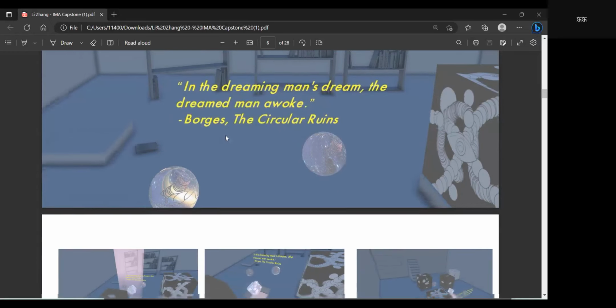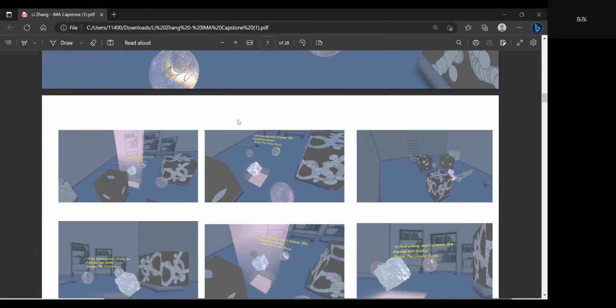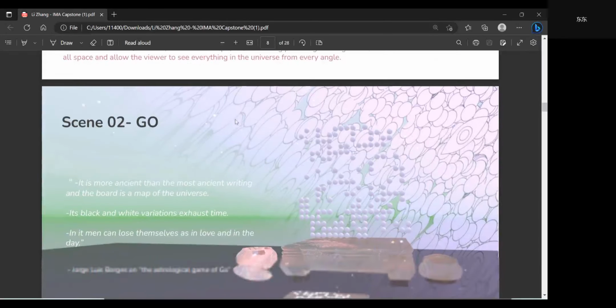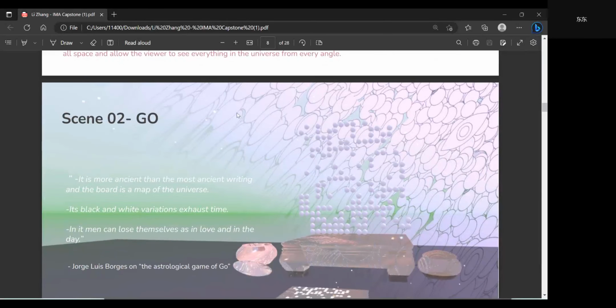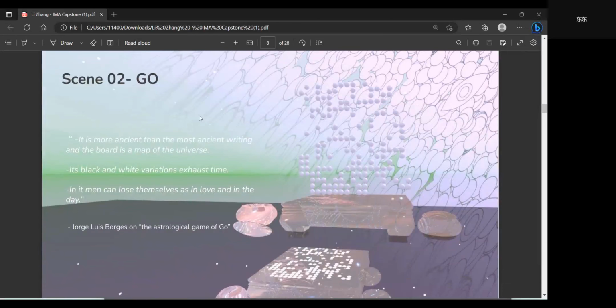Then users enter the next scene, which is called Go. Because Borges has talked in his work about how he thinks the traditional Chinese chess Go has such a charm to represent the concept of simulation and infinity, because it has multiple and different ways to create other possibilities.